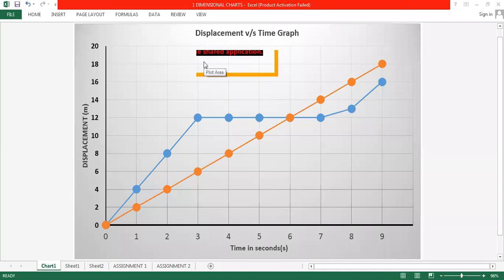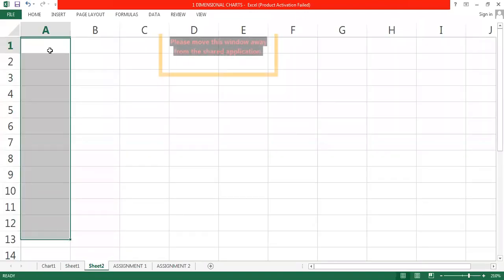Okay. So assuming all of you have drawn this, please check the coordinates very clearly. 1, 2, 3, 4, 5, 6, 7, 8, 9. Look at the coordinates properly. Now we start with our next assignment, a very important assignment.